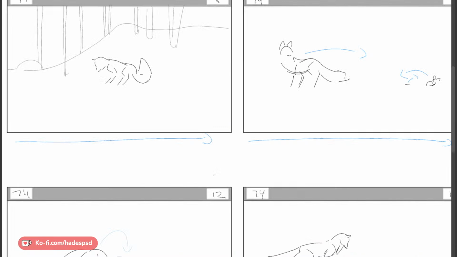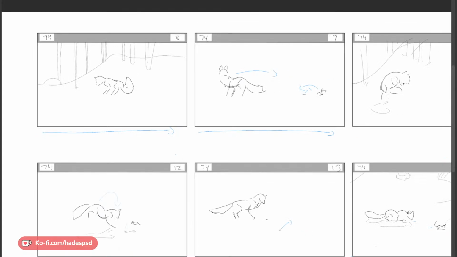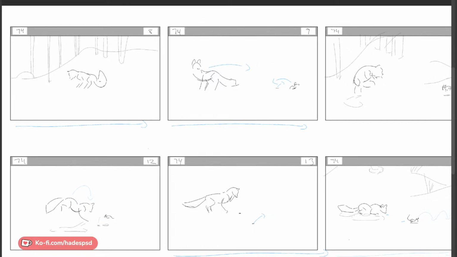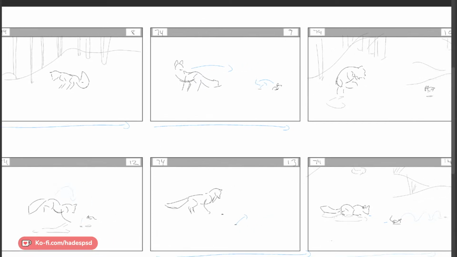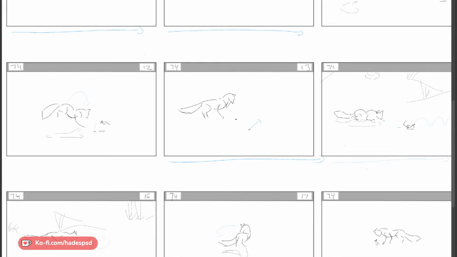I do stuff like this to practice. I'll find something that I like, and then I'll storyboard it in reverse. So I'll think about the composition, the timing, the pacing, the camera angles. Like, what does all this stuff add to the story? I don't feel like this is very interesting. The drawings aren't very good because they're not supposed to be good anyway.